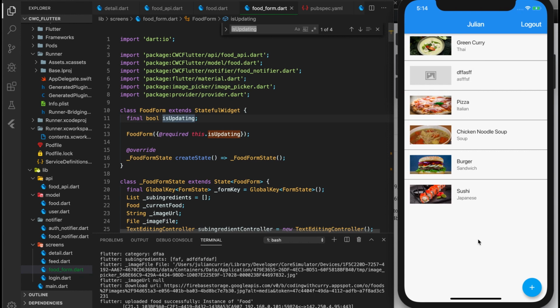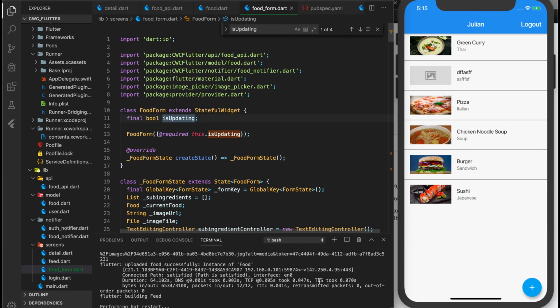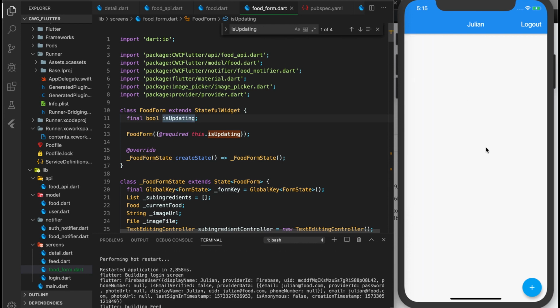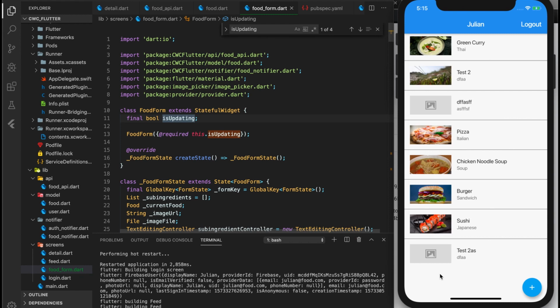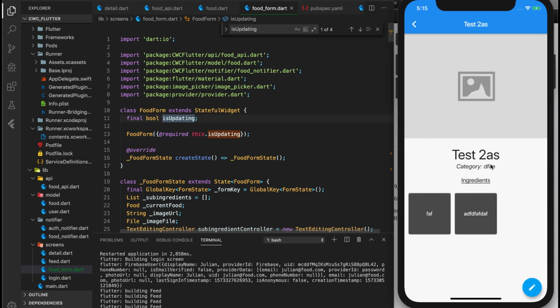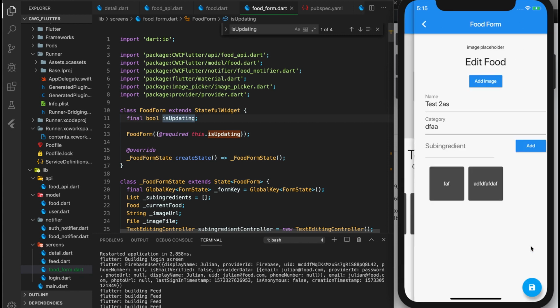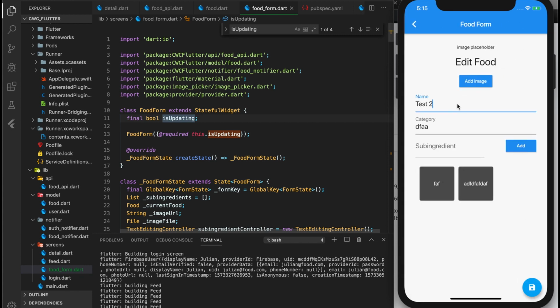Okay, so you can see here that our notifier is not updated. So we need to refresh to see our new food. That can be changed by using the food notifier, but I want to keep this video kind of short. So we see our new foods here. And let's try to update test 2 here. So let's edit this. And I'm going to change this to test 2,